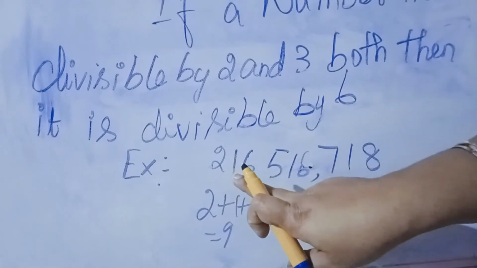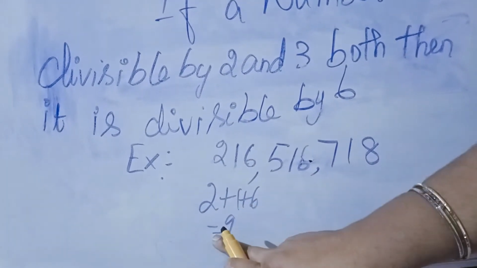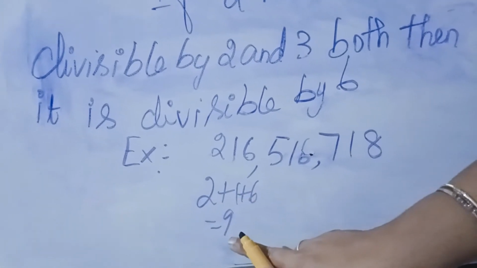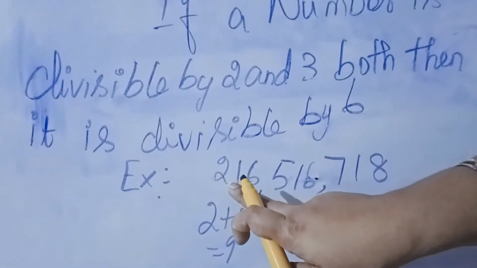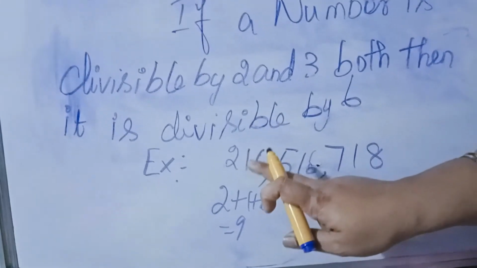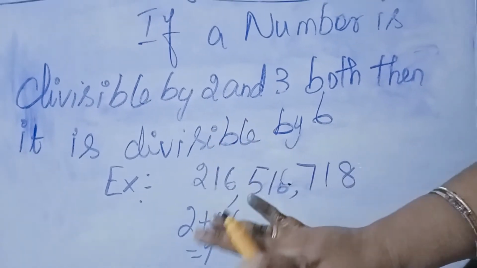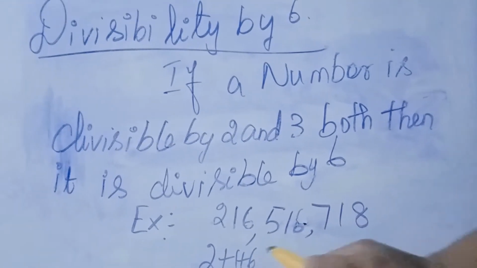Now we can check, add the digits: 2 plus 1 plus 6 is equal to 9. Yes, this number is a multiple of 3, so it is divisible by 3. So this number is divisible by 2 and 3 both. So the whole number is divisible by 6. Next one,